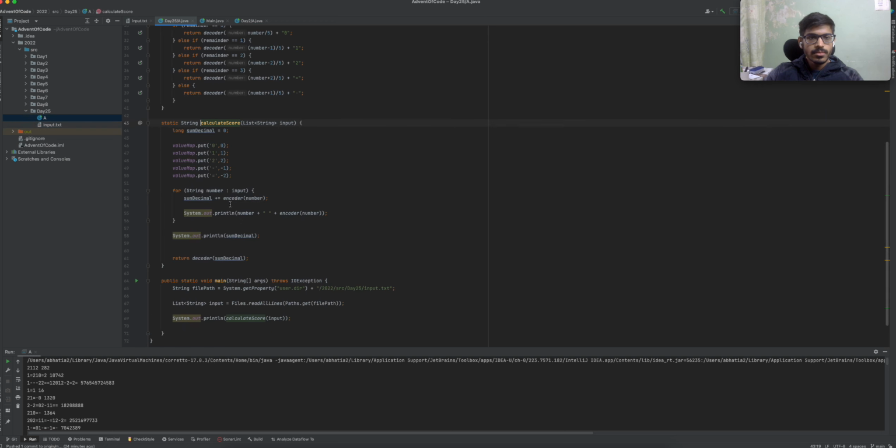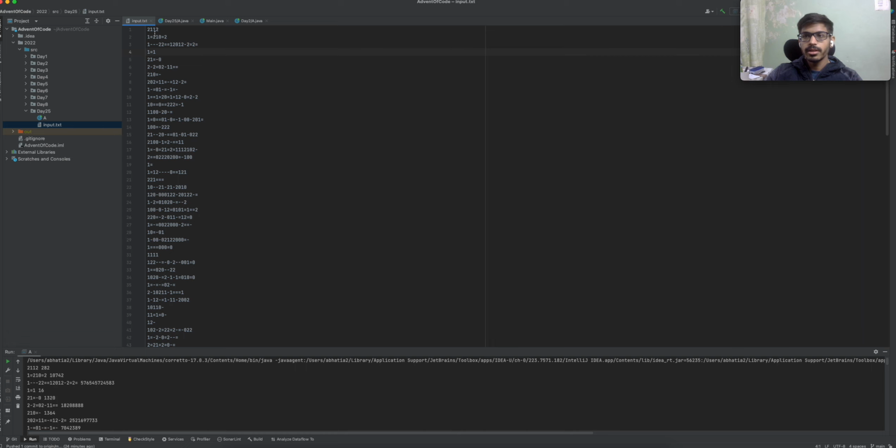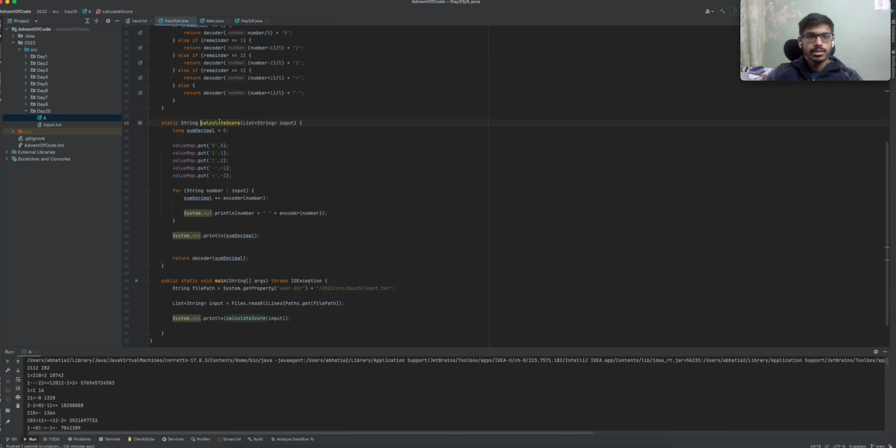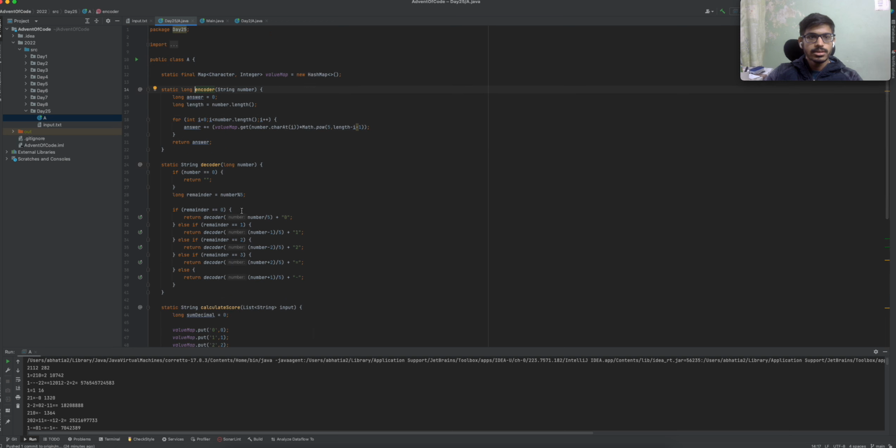So first of all, we are reading all these numbers one by one, converting them into the decimal format, and taking their sum. So if we see this encode function, what it is doing,